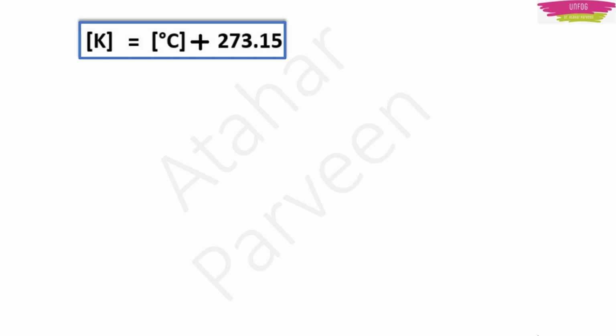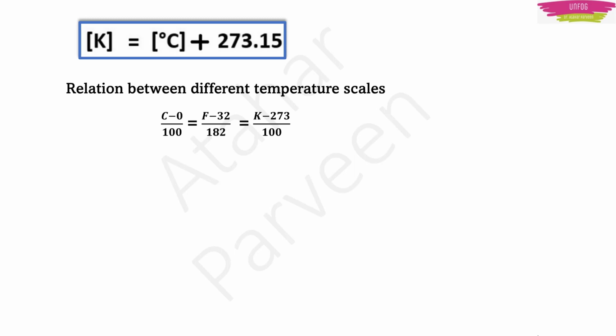I have the table, I just showed you. Before that table, I have one trick to show you. This gives you the relation between different temperature scales, the centigrade, Fahrenheit and Kelvin. See this, (C minus 0) upon 100 is equal to (F minus 32) upon 182. This is equal to (K minus 273) upon 100. Now, in the denominator, if you observe carefully, all are even numbers, right? So you can further simplify this